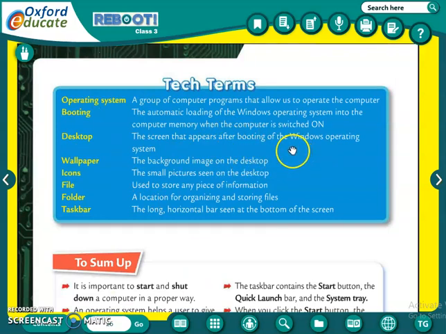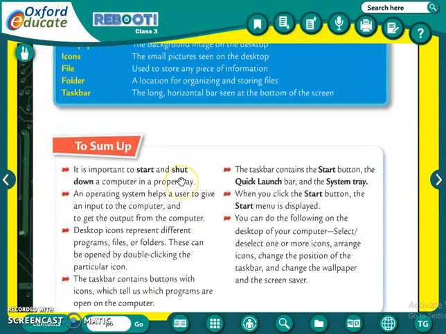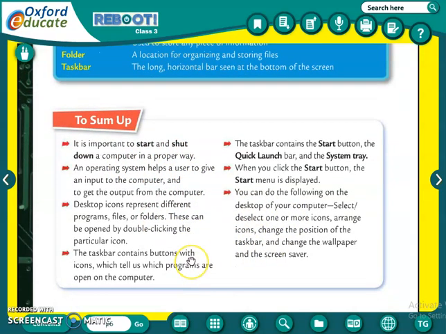See, okay, now this chapter is over. These are the technical terms that we had done in the chapter whenever I had explained the chapter. So you just read these terms, and these are also important points: it is important to start and shut down a computer in the proper way. All these summed up topics, summed up points are there that you have to read and try to remember.